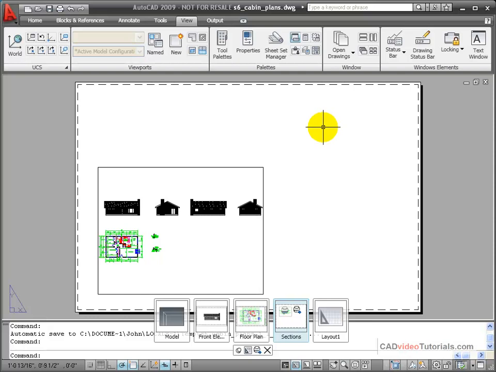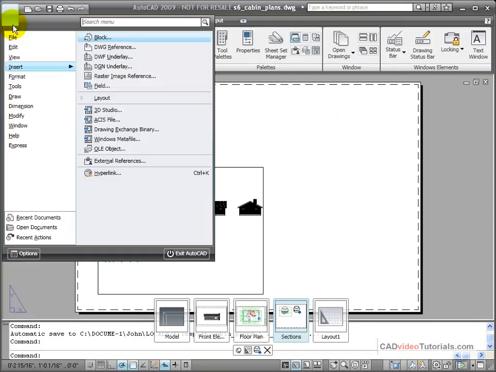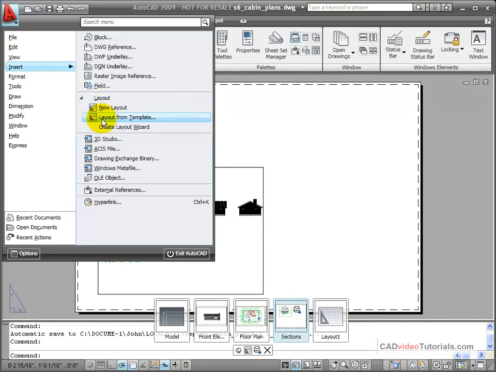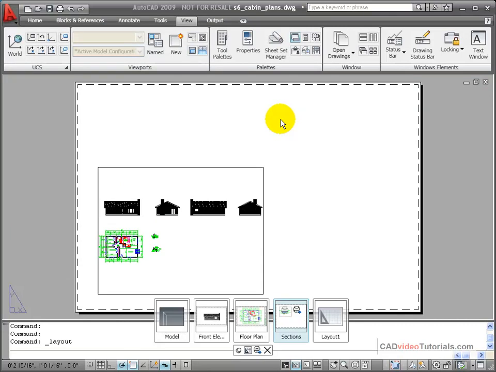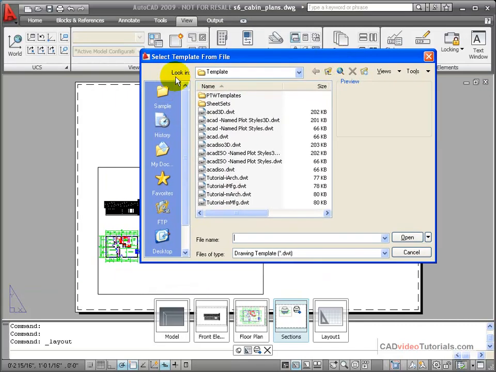Another option for adding a new layout would be to go to my menu browser, go to Insert, Layout, and I have Insert a Layout from a template. I'm going to choose this, and it opens up my AutoCAD default template file. And from this list I'm going to choose a standard layout. This is an architectural DWT,